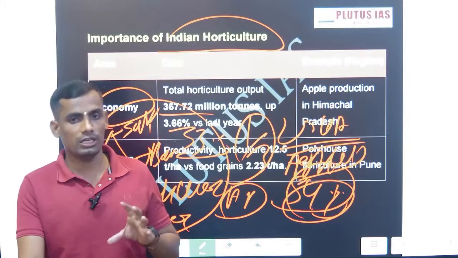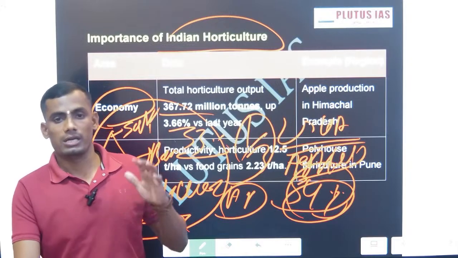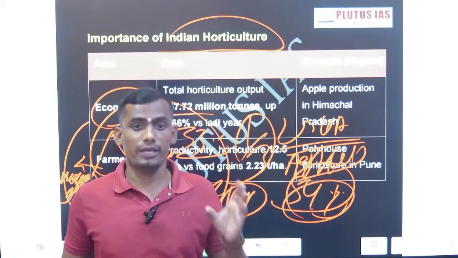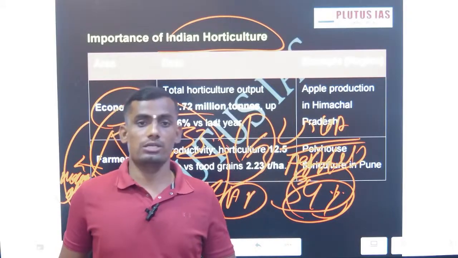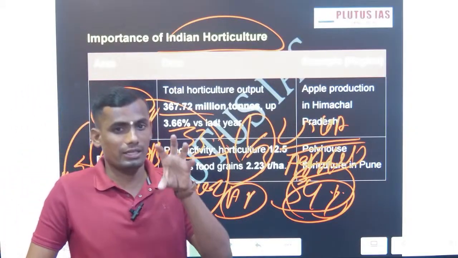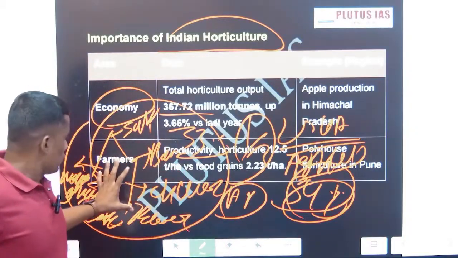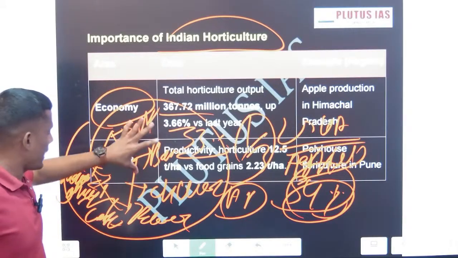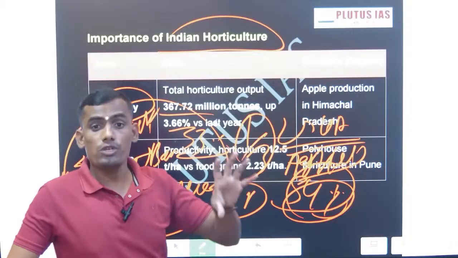One third is a very huge number in India's agriculture. Even in India's agriculture, there are different parts: farm, non-farm, dairy, fishery, and horticulture. So we are studying horticulture. Once again, I'm reminding you, don't get confused about what exactly we are studying. So this is the basic importance of horticulture, and draw the map of which part is contributing